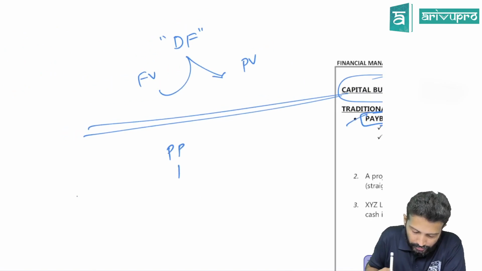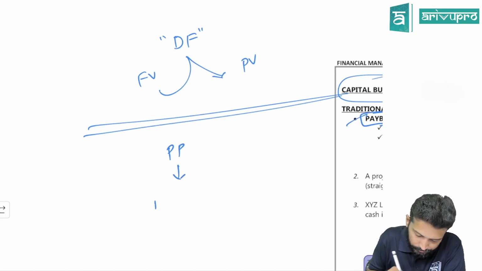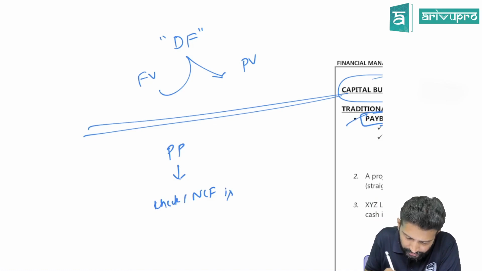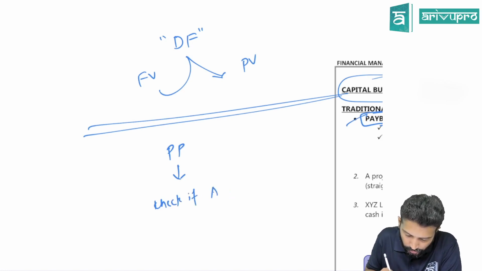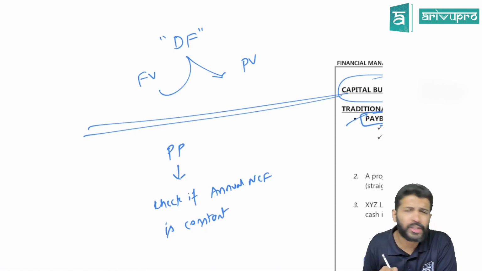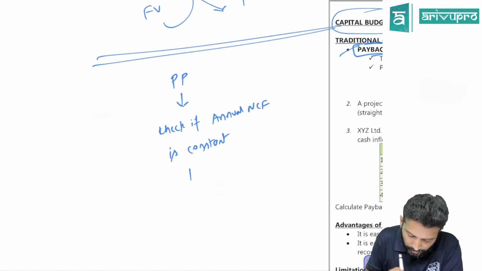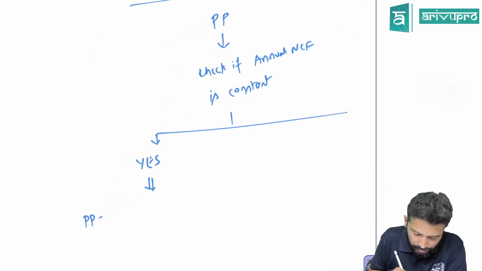As far as the payback period is concerned, I've written it in the chart also. I'll just write it for your reference. First check your net cash flow, NCF. First check if your annual net cash flow is same or constant. Same or constant means every year whether it is same or not. First check that. If the answer to this question is yes, then payback period is given simply by the formula